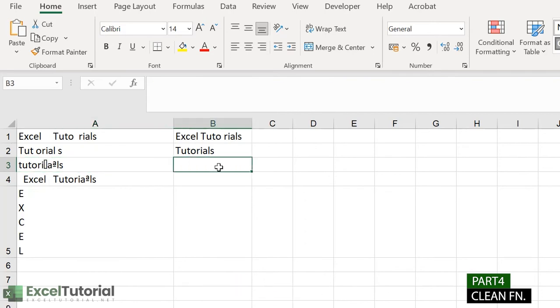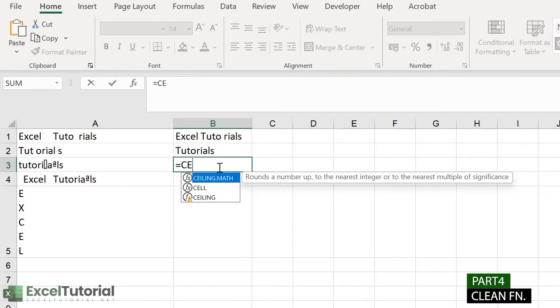To clean that, we have a function called the CLEAN function. Let's see what it does. To understand each and every function, you should go through the Microsoft website and read about those functions in brief, or you can just mouse over it. It says it removes all non-printable characters from the text. So obviously these are the characters mentioned here, like this dash, which won't be printed.